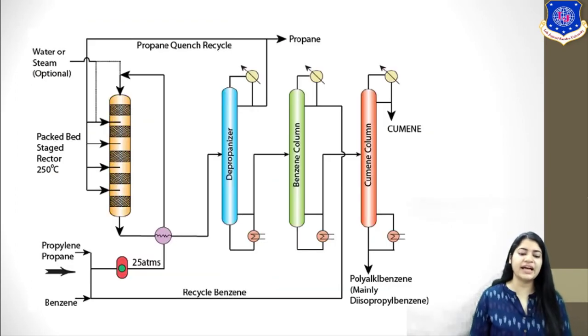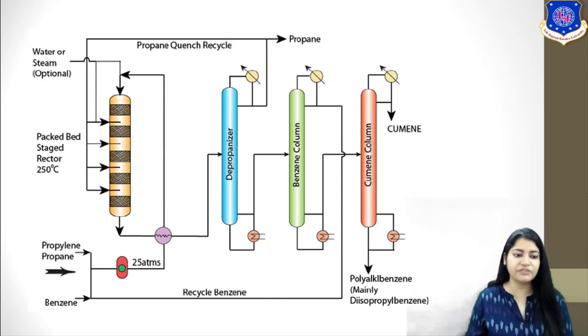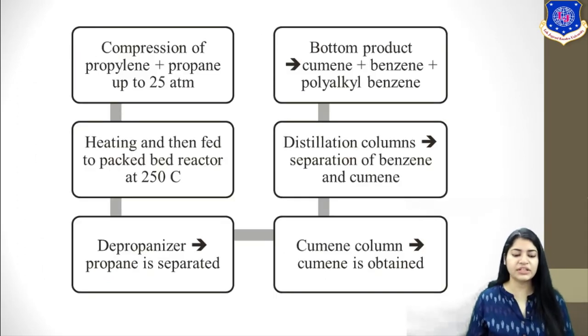Here you can see that you're carrying out heat exchange network synthesis. You are using the heat of different streams and preheating your feed, and then it is fed to the packed bed reactor which operates at 250 degrees Celsius, right? So the next step is, now here the reaction occurs. The suitable reaction is occurring here. Now the reaction mixture is then sent to the depropanizer.